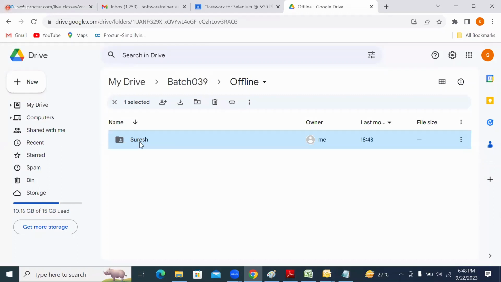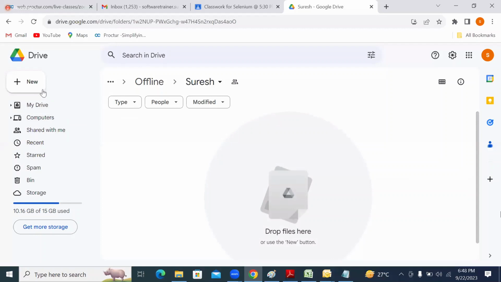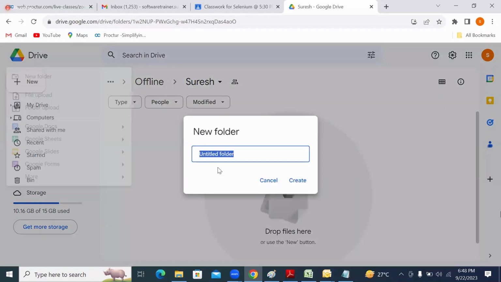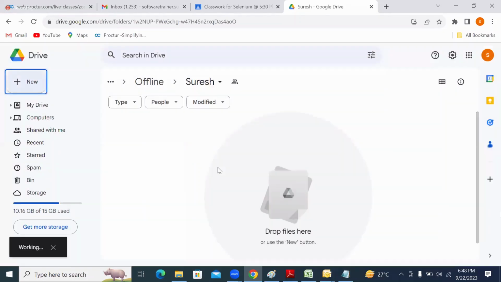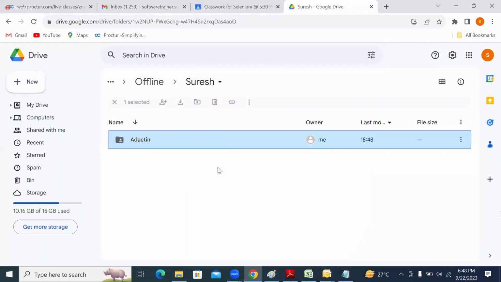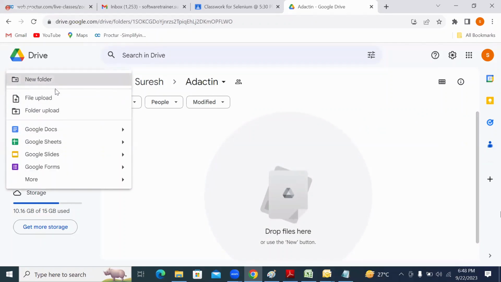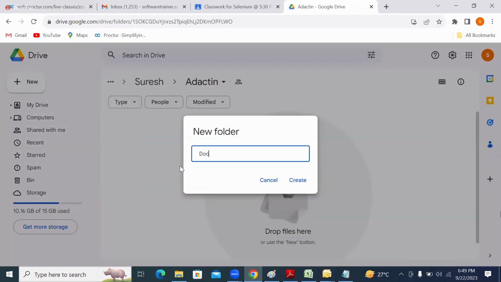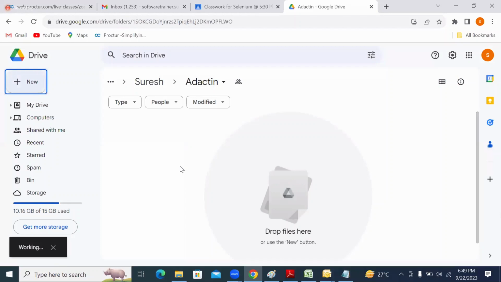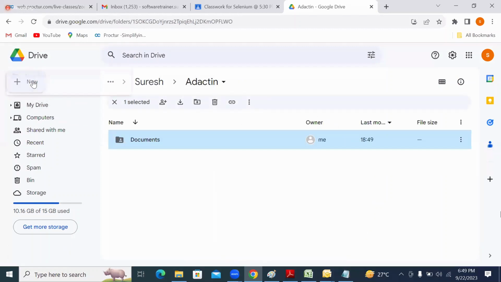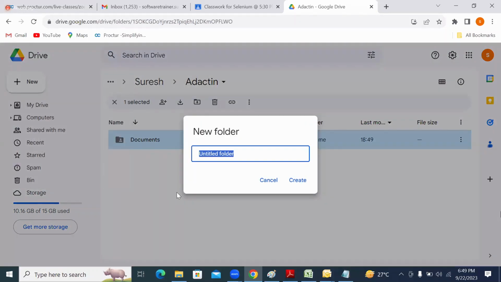After that, open the folder and then create one more folder with your project name. What is our project name? Adapting. You will be creating Adapting. Under Adapting, you have to create all your project folders considering the documents. After that,